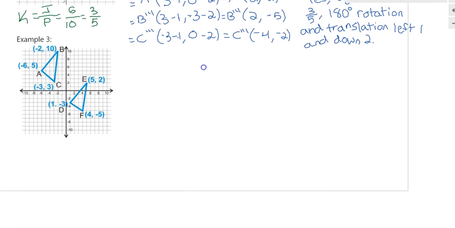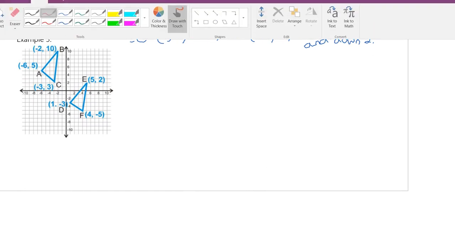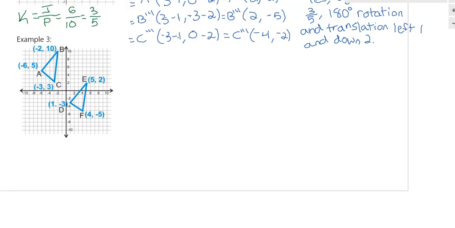All right, last example. Looking at this one, I'll start with A, B, C and try and go to D, E, F. The first thing I'm going to try and do, they look to be about the same size, so I'm just going to try a translation first. So this is nice, they gave the points to us. A is at negative 6, 5. B is at negative 2, 10. And C